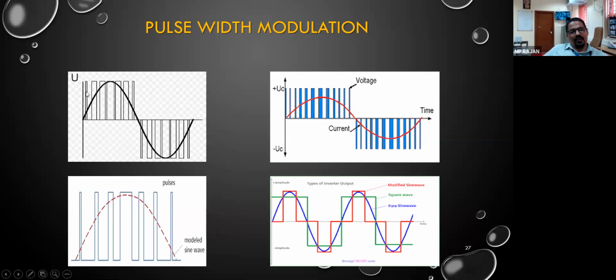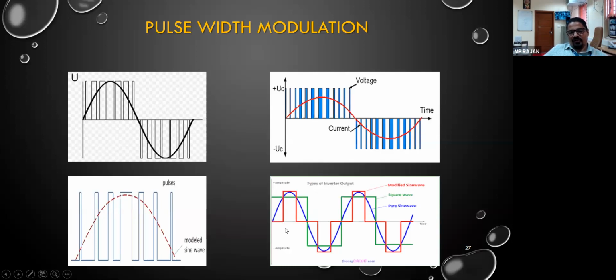The total quantity of voltage passed or converted is very less. The average value you can see is 0.8. Here also you can see like this. At the center you can see the maximum pulse width. At that time the quantity is also more. So during this period the average value of the voltage or the current is high. If you plot the average value of voltage or current in this circuit and connect them together, you will get a pure sine wave. So a square wave is converted or changed into a sine wave, a sinusoidal wave.